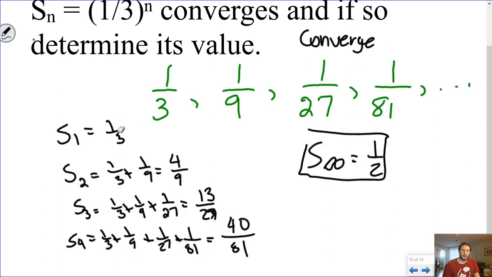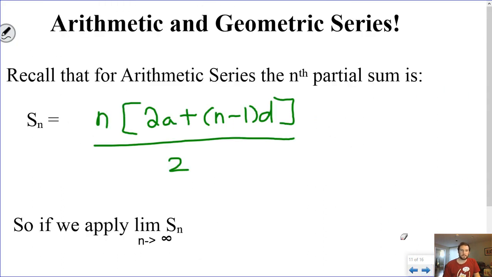So here 1.5 over 3, 4.5 over 9, 13.5 over 27, 40.5 over 81. We're always off by just a bit, but we're getting closer and closer and closer to that 1 half that we're looking for. So what we can do now is we can take this idea of partial sums and we can find the